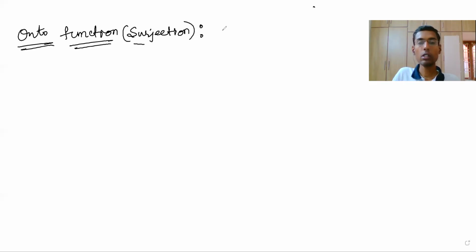Okay, so first of all, this is a function. F is a function from A to B or X to Y. Let F be a function. A function is called onto function. So therefore, first F has to be a function. Let F be a function from A to B. Now the condition is, if